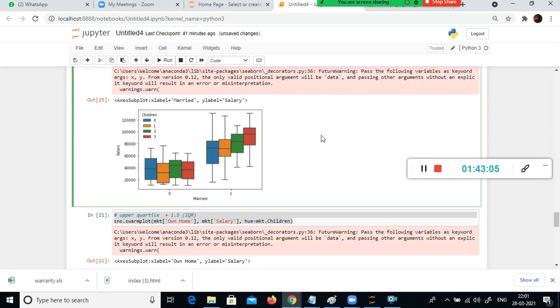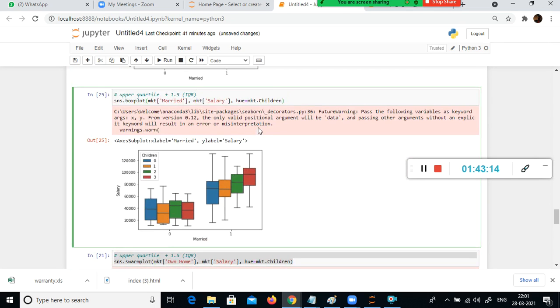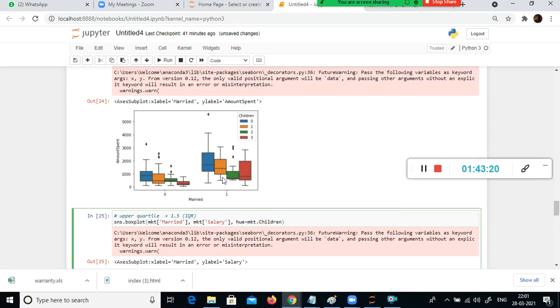You cannot decide by blindly looking at one aspect, just because married people who have more than 2 kids have a very high salary, hence they are more likely to spend more. But that is not the story.